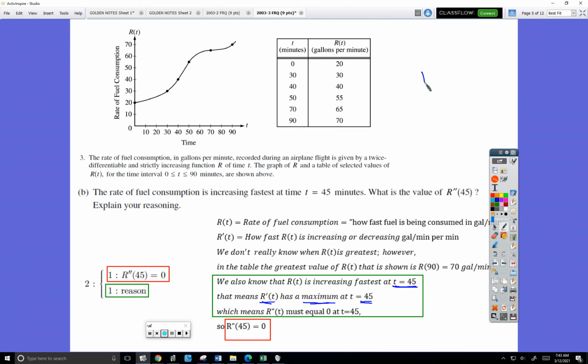It's like R is rising rapidly like that, but R prime is the slope of R, how fast R changes. So where R is going up fastest, that means the slope of R is going to be steepest. That means the value of R prime is going to be highest. And that means the value of R double prime, since R double prime is the slope of R prime, has got to be 0 at that spot. Could you also say that